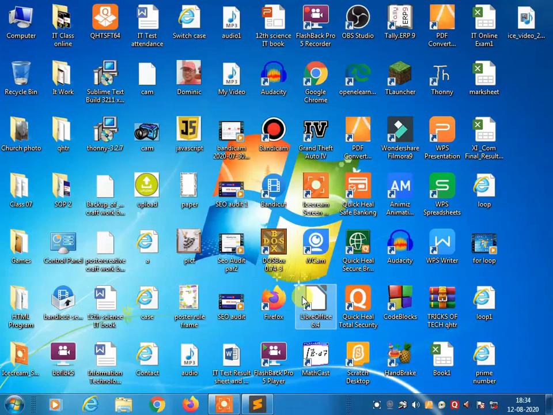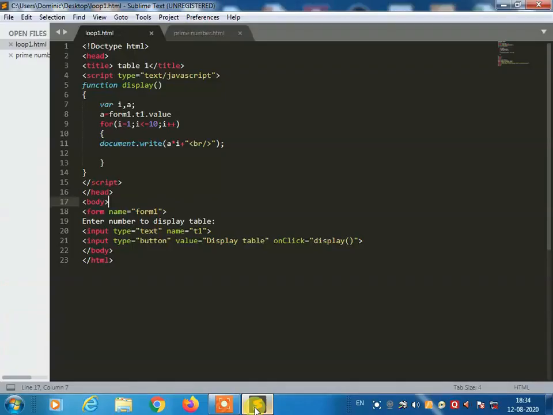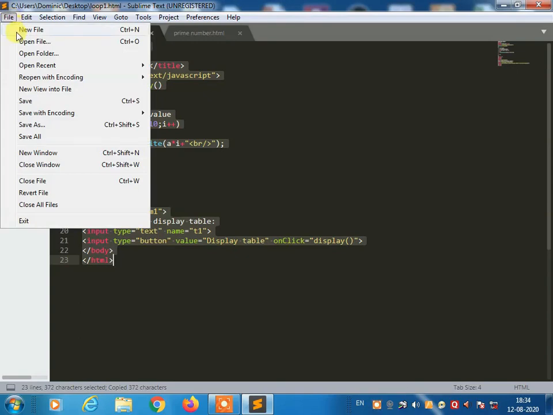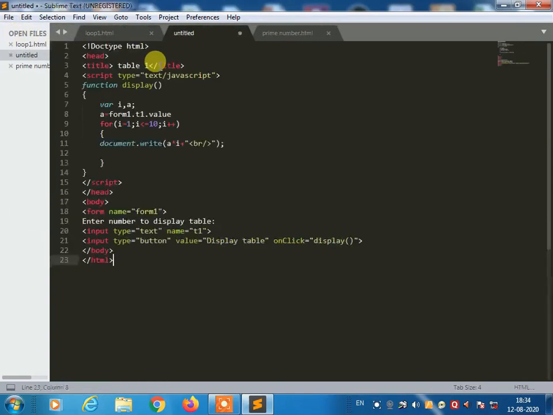So let's see how we can use the break statement to write a JavaScript program. So open the text editor. Suppose you have written the previous program, just now we have written the previous program, that is a for loop program, so it is already there. So we can copy that program, so we can save our time. Copy it, open a new file and paste it. Okay, you will get the code as it is, so you can save your time.